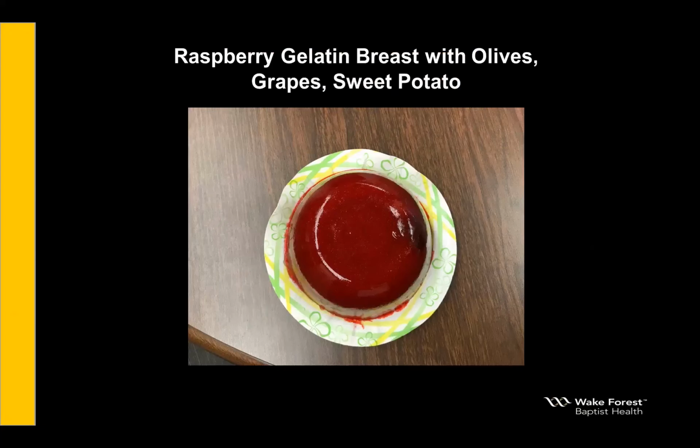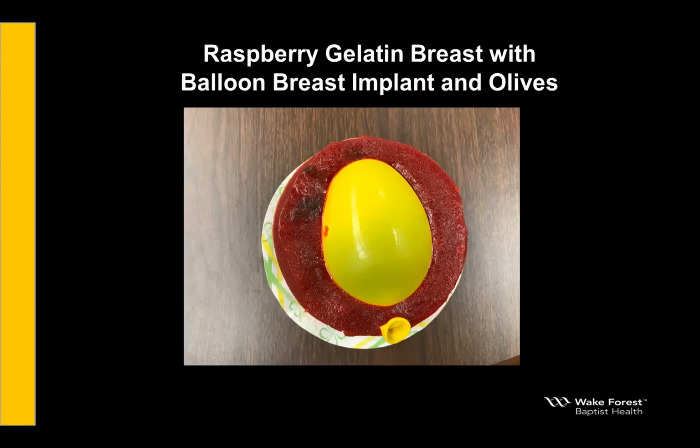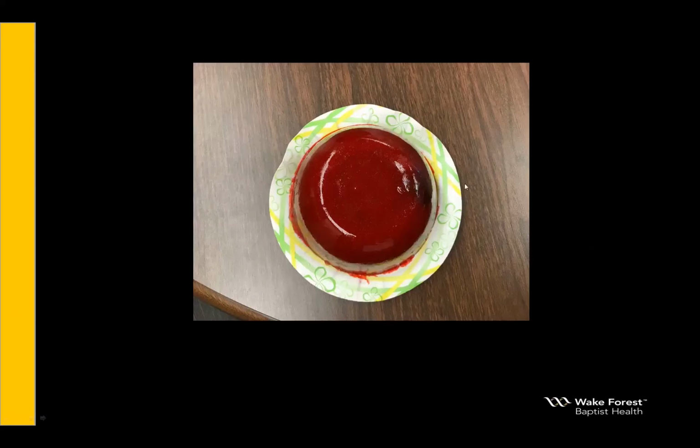If you use plain gelatin, it will stink up your kitchen for about a week, so we recommend the flavored gelatin. This is a raspberry gelatin breast with a balloon breast implant and olive tumors. We got this recipe off the internet. You make it, you just flip it over, and the residents can practice biopsying tumors around a breast implant using